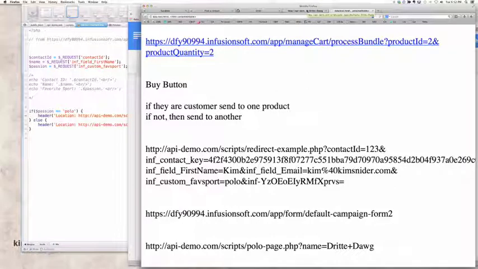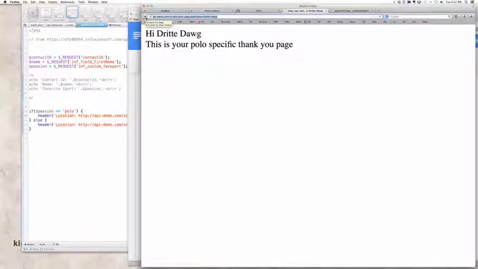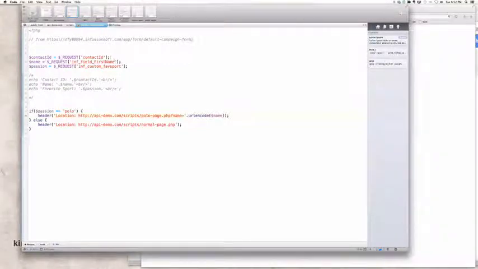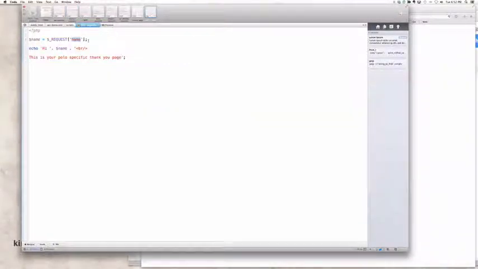Now let's just do another one real quick. I'm going to pass and include email address now. So this is the Polo page, and not only do I want to do this one, but I also want to do email like this, because I want you to see that one too. So if I say email equals request, and then I do email, and I URL encode that one as well, and I say,